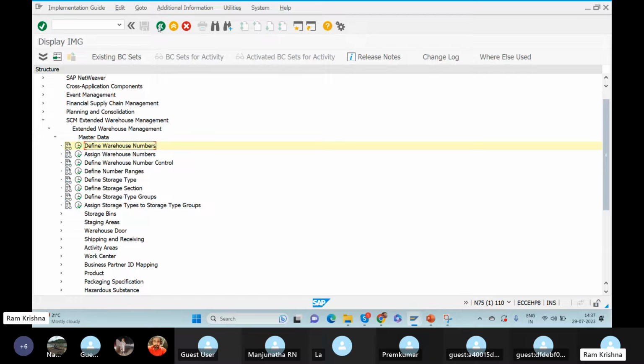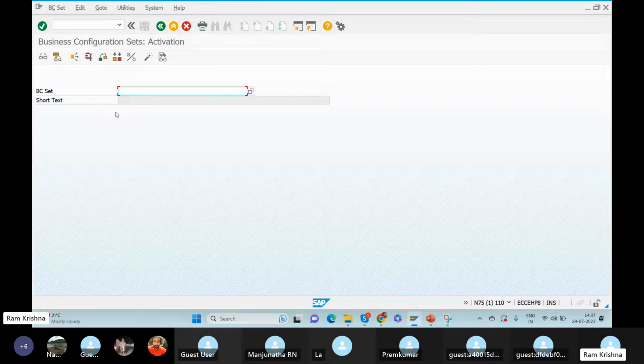Now the other thing which you have is BC sets. Normally we will not use it in real time, but there is an option given by SAP, BC sets. That is called the SCPR20 transaction, guys. SCPR20 BC sets. So you need to activate the BC sets here. Once you activate the BC sets, automatically it will copy from the existing